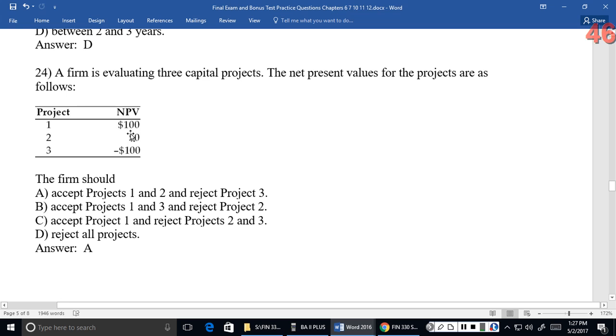In looking at this, we said we would accept a project with a 0 net present value, at least temporarily we can do that. So we would accept project 1 and 2, and we would reject project 3 because of its negative net present value. And again, with this answer, we have to assume whether these projects are mutually exclusive or independent of each other. They're independent, because we're accepting 1 and 2. If they were mutually exclusive, we could only choose 1. All right,